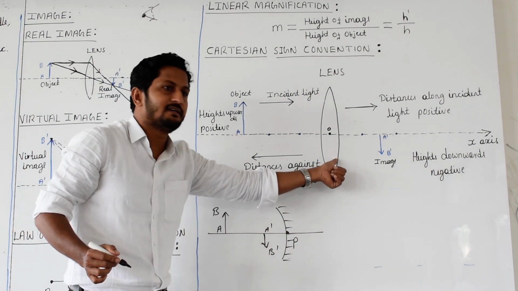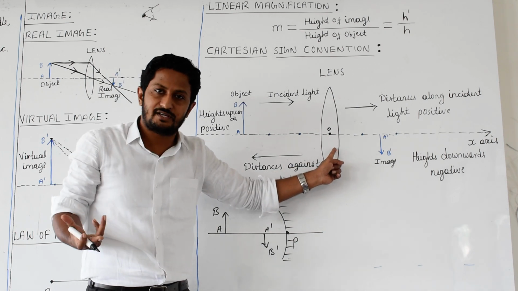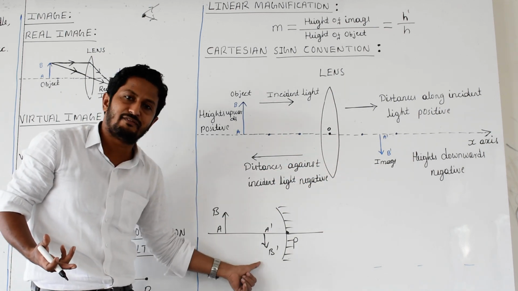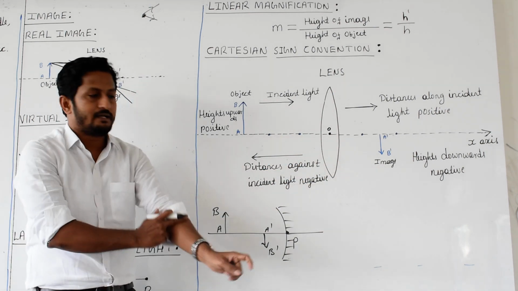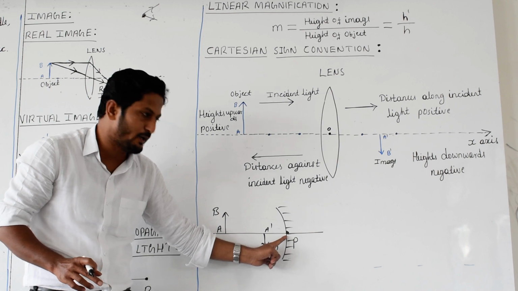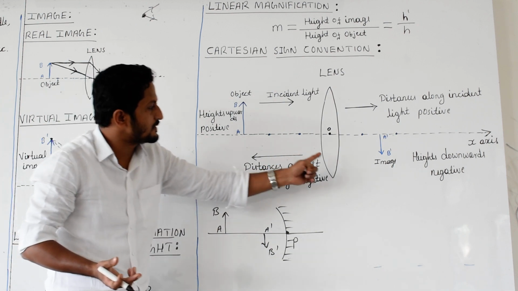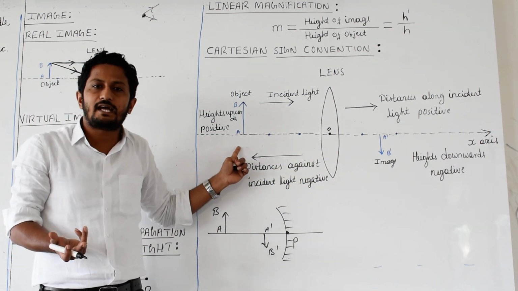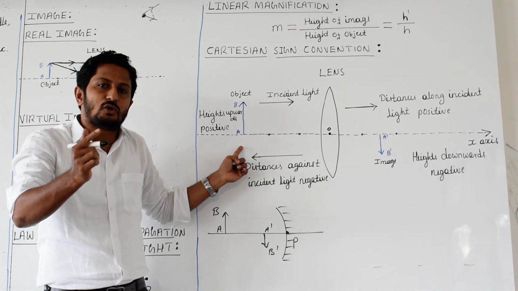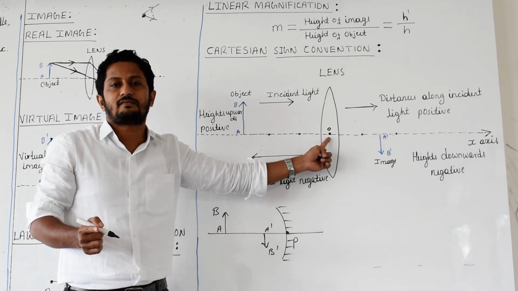It's a mirror and it's a lens. Here reflection takes place, and here refraction takes place. Because of refraction you got the image here, and because of reflection you get the image here. This is the object and this is the image. What I mean is, this is the geometrical midpoint, the pole. All the distances means what? With respect to the lens, where is that object? To measure that, to say where, you have to start measuring the distance from its optical center.